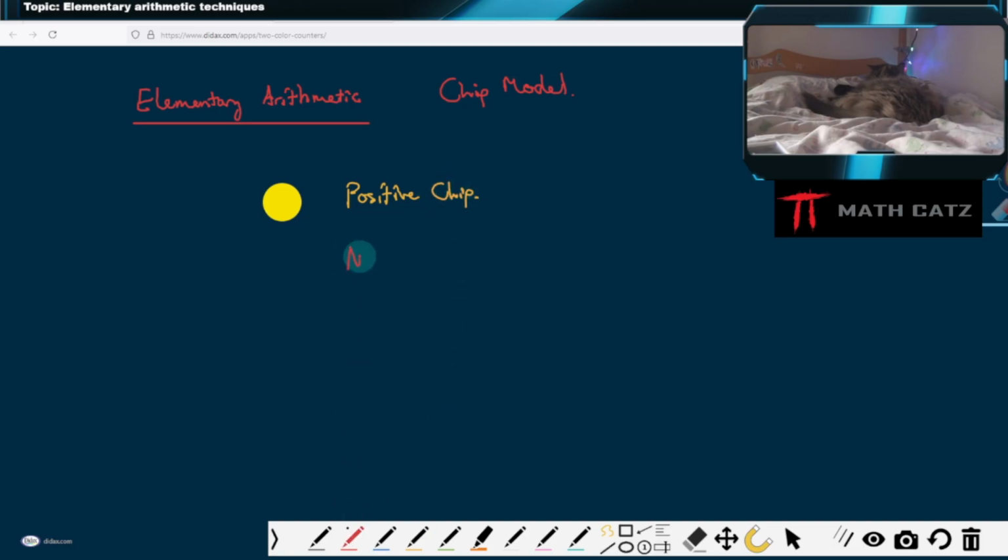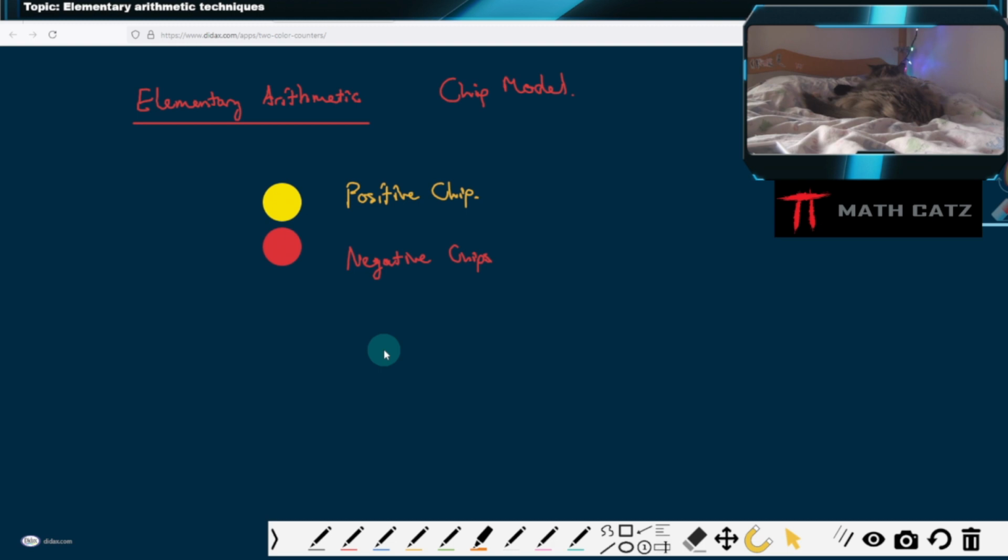And then we also need to count negative integers. And this will be done with a different colored chip. Let's use a red one. There we go. So this is an alternative to the number